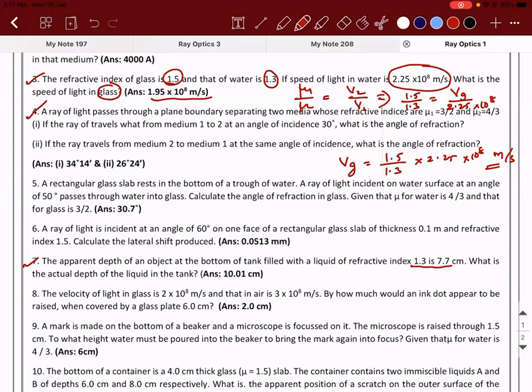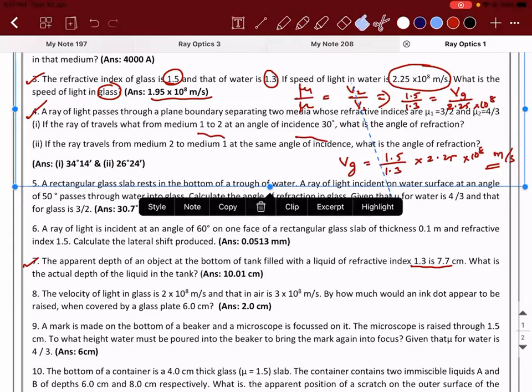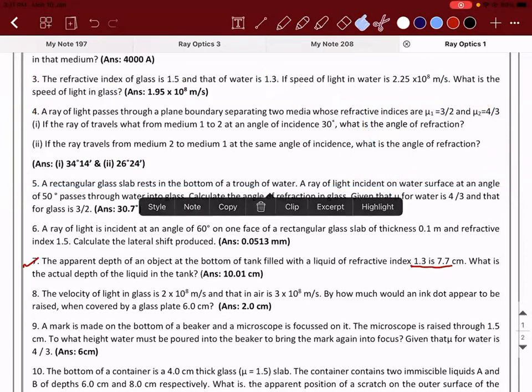There is a ray of light that passes through a plane boundary separating two media whose refractive indices are mu1 equal to 3 by 2 and mu2 equal to 4 by 3. If the ray of light travels from medium 1 to medium 2 at an angle of incidence 30 degrees, what will be the angle of refraction? So there is a problem based on Snell's law. So apply